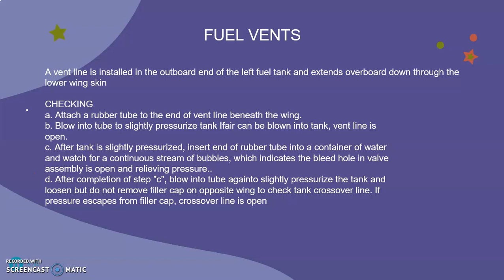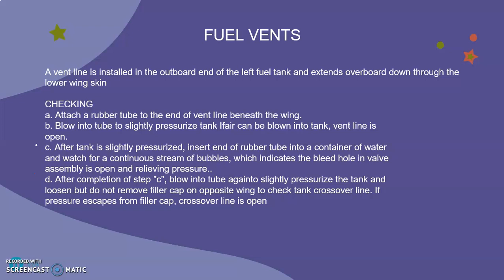There are parts that we must check periodically in the fuel vent. A. Attach a rubber tube to the end of the vent line beneath the wing. B. Blow into the tube to slightly pressurize the tank. Air can be blown into the tank if the vent line is open. C. After the tank is slightly pressurized,